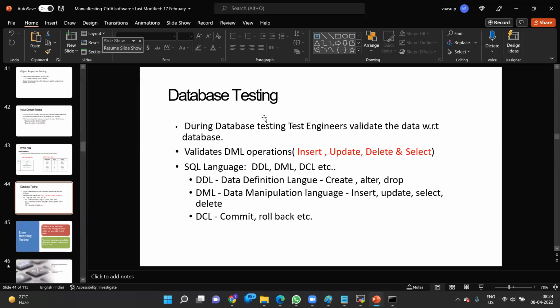Then coming to database testing. What exactly does it do? As a database tester, we validate insert, update, delete, and select commands, where we follow SQL languages like DDL, DML, and DCL, where we define a